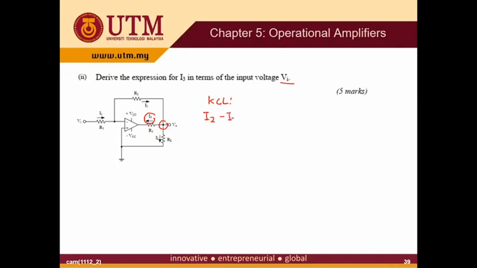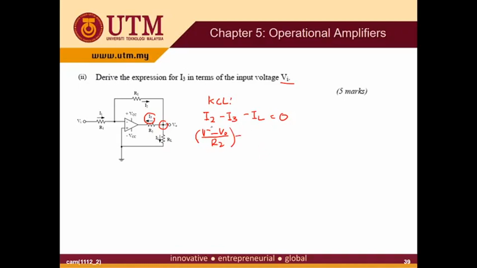I3 is exiting, minus I3. IL is exiting. So this is equal to 0. I2 is V minus minus Vout over R2,